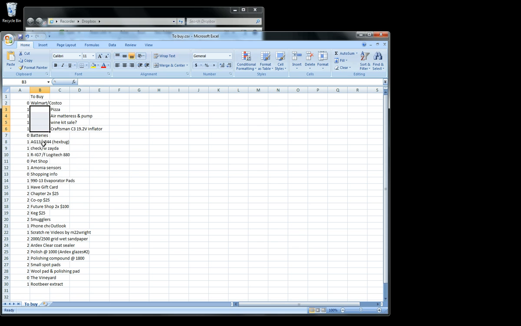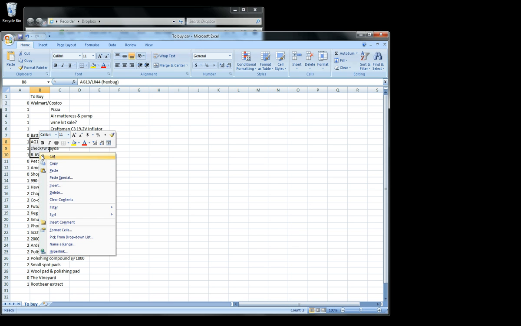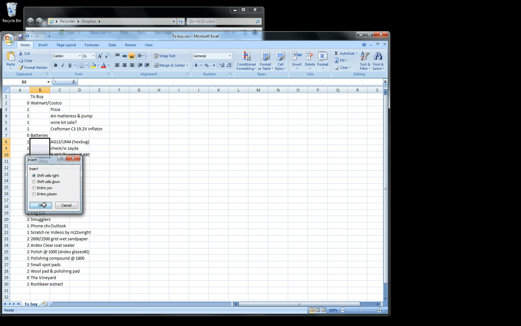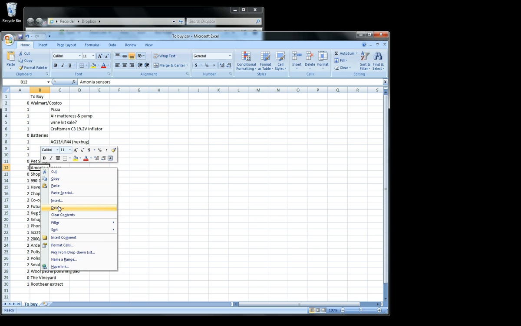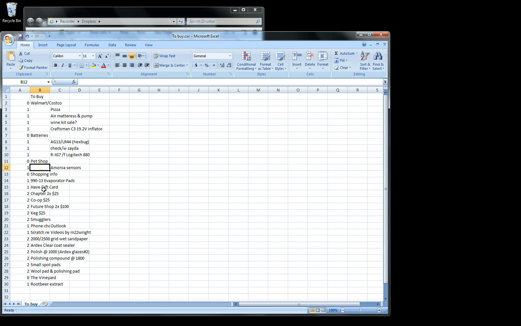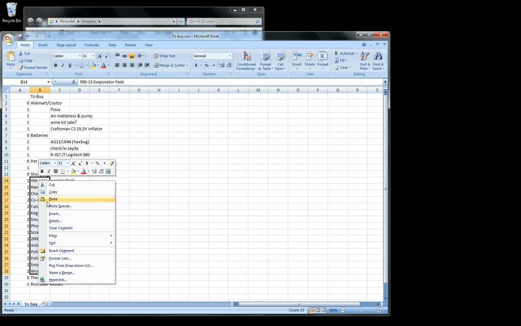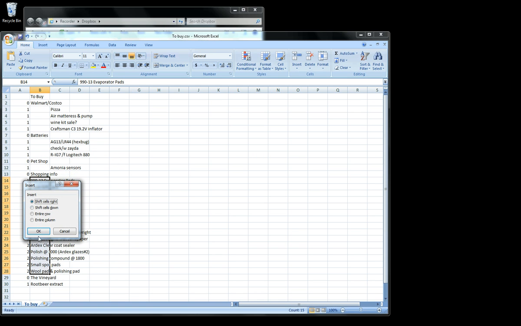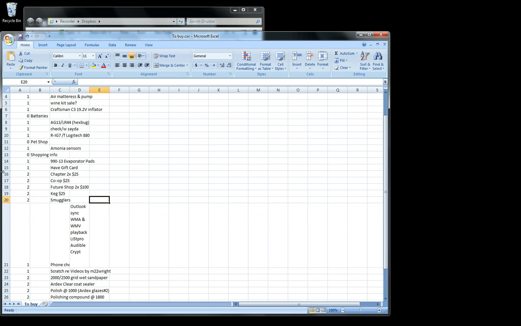Insert, shift. Insert, shift. Okay. Insert, shift. Now I have to shift to the right for that one. Whenever it's just a single cell, it defaults differently. Now for these, I'm going to indent them all 1. This is a multi-level hierarchy. Insert, and then I can see this. Yes, this is indentation level 2, so I take all of these